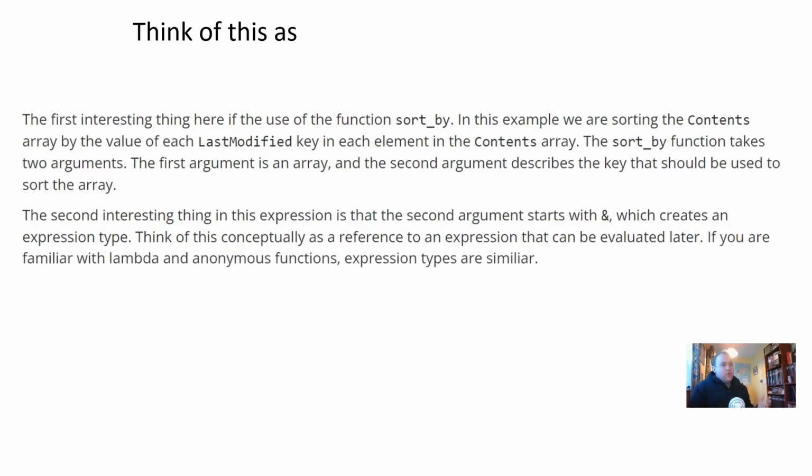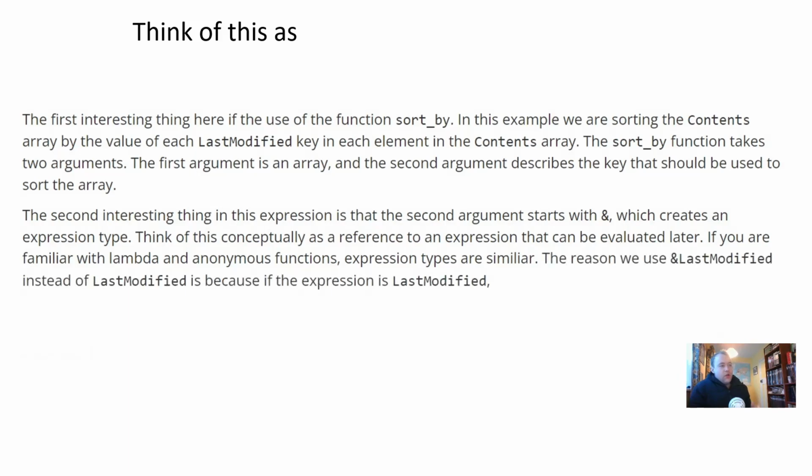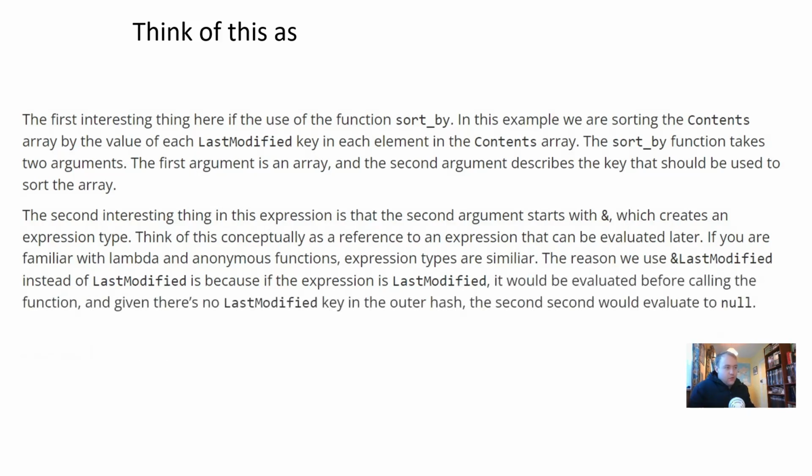That does confuse me. If you are familiar with lambda and anonymous functions, expression types are similar. So the reason we use ampersand last modified instead of just last modified, right? Why isn't it opening rounded bracket, argument 1, comma, last modified? Well, they say it's because if the expression is just last modified, it would be evaluated before calling the function. And given that there is no last modified key in the outer hash, the second argument would evaluate